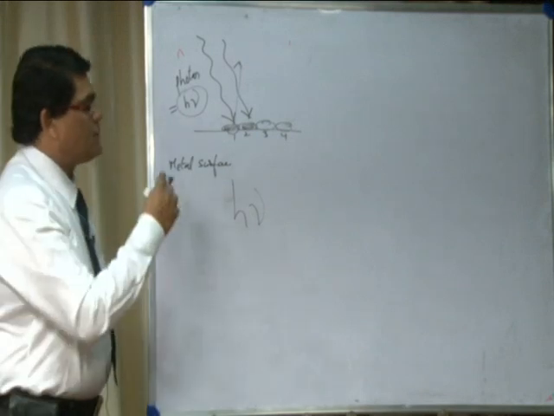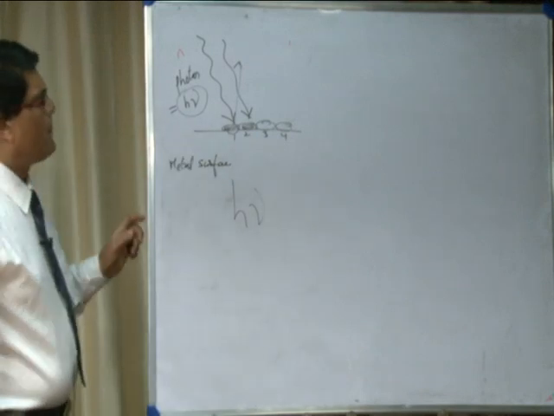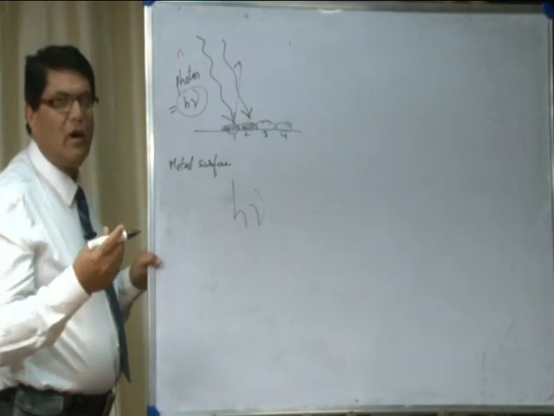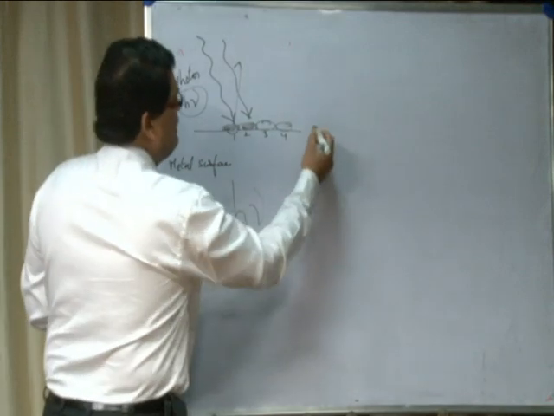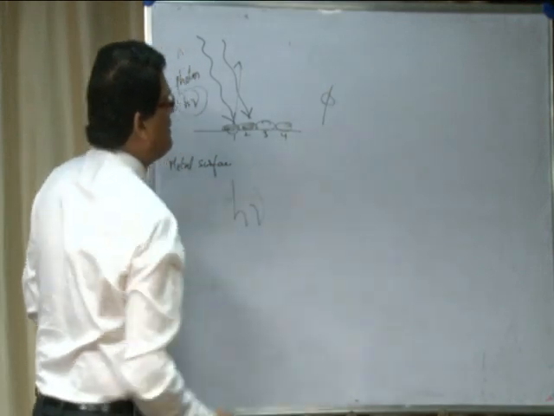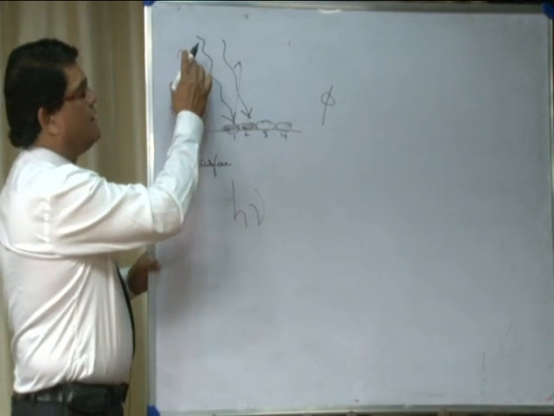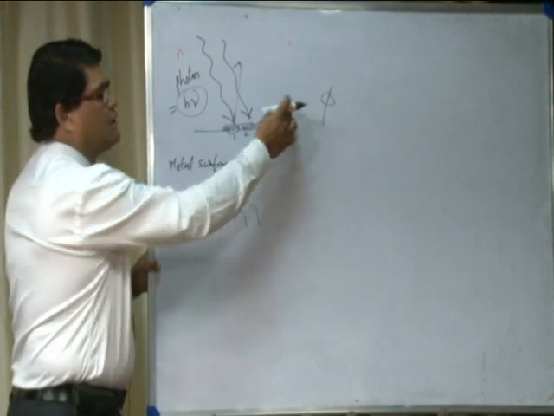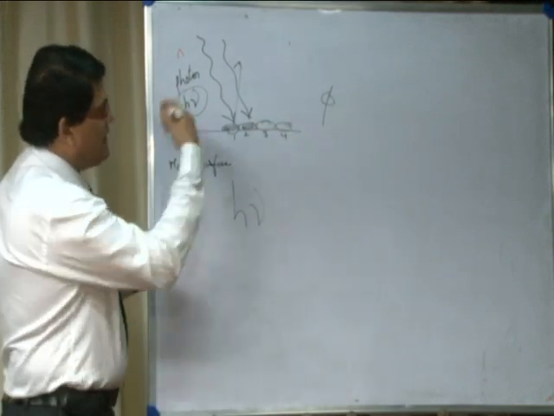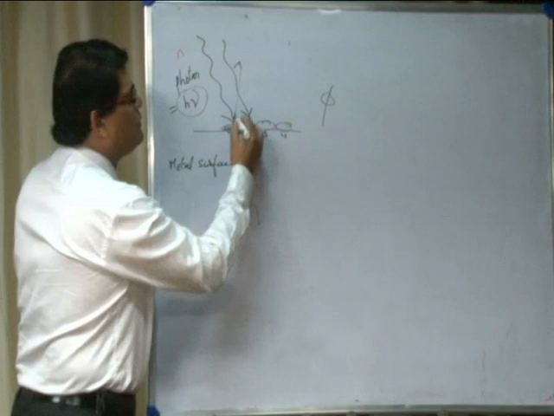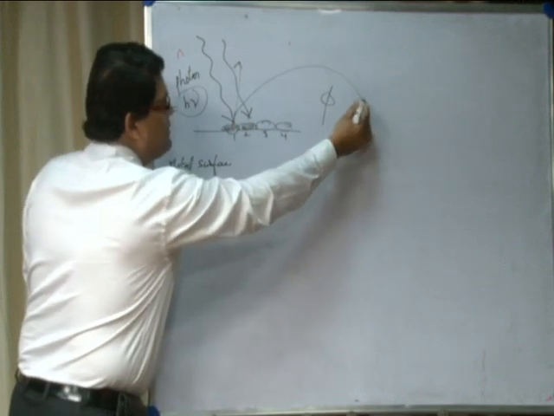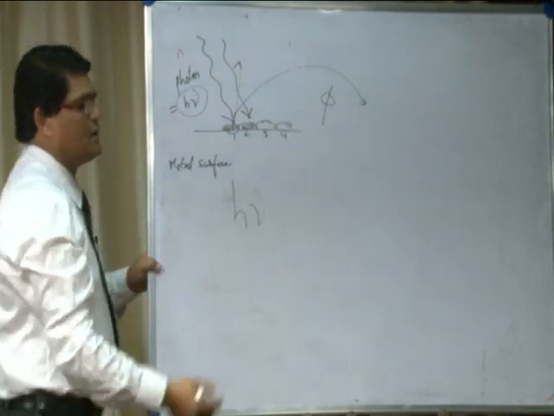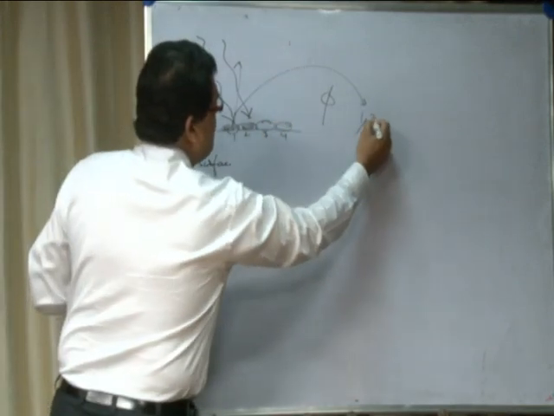As I told you, to remove the electrons from the metal surface, we have to do some work, called the work function. Let phi be the work function here. That means part of the energy of the photon is utilized to remove the electrons from the metal surface, that is phi, and the next part of the energy is used to let it escape from the metal surface. When it escapes, it should possess kinetic energy.